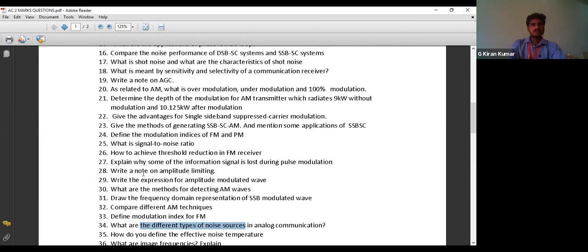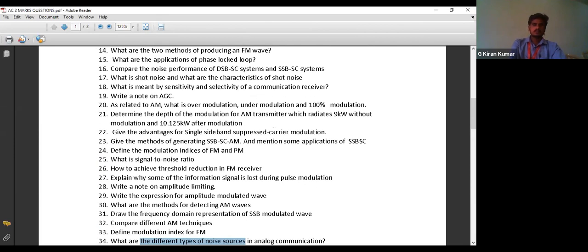If it is only up to 2.5, you can see the syllabus once. Up to power calculation, that is nothing but the transmission power of the FM signal, and up to transmission bandwidth calculation. We don't have the direct and indirect method, I think. Yes, up to the transmission bandwidth of FM wave. And generation of FM wave, that is direct method and indirect method, and the demodulation parts are not there. Only up to wideband and narrowband and the generation methods.